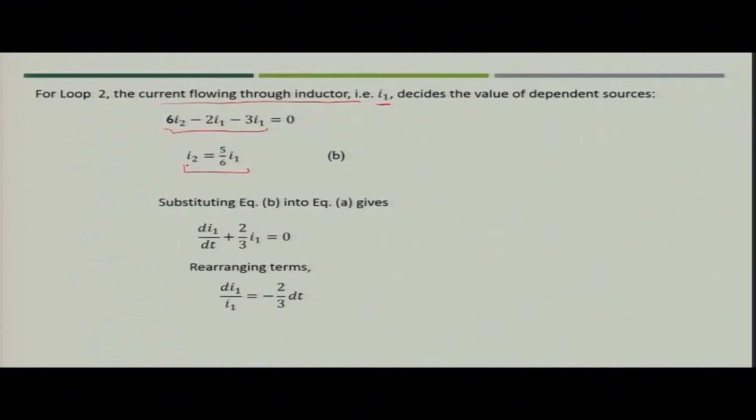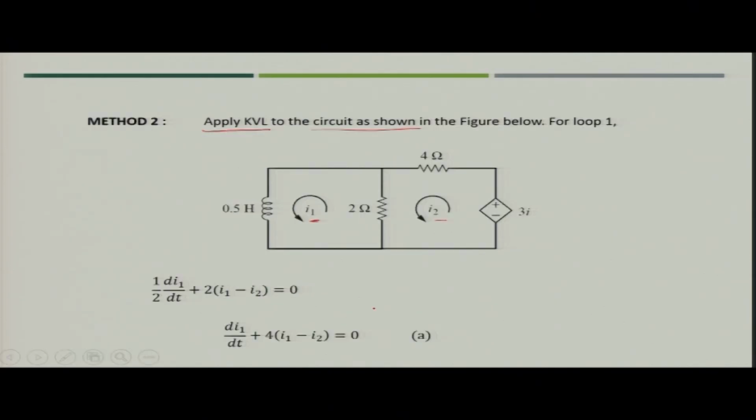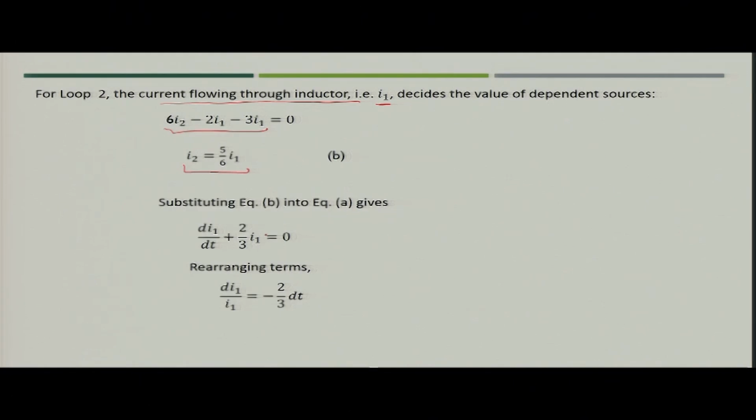So, what we get here is I2 is equal to 5 by 6 I1. Now, let us substitute the value of I2 in the equation which we just calculated for the mesh equation of loop 1. If you put the value, this will become di1 by dt plus 2 by 3 I1 is equal to 0. Now, you can rearrange it, this will become di1 by I1 is equal to minus 2 by 3 dt,